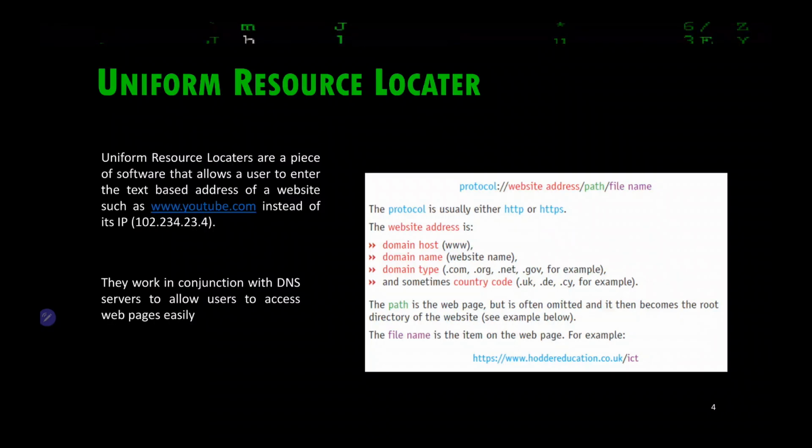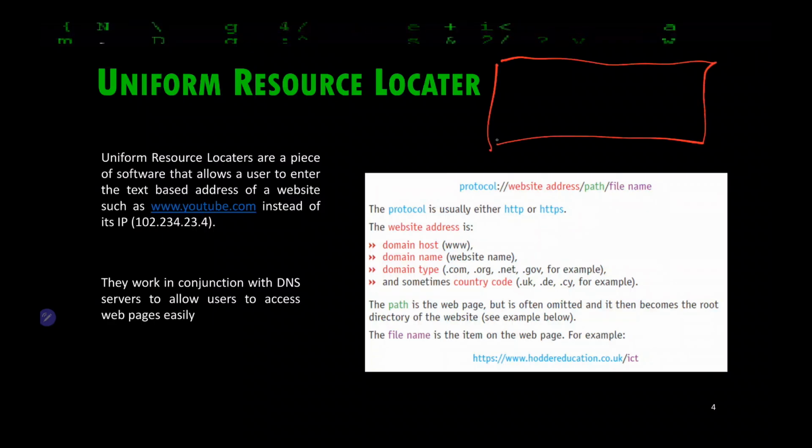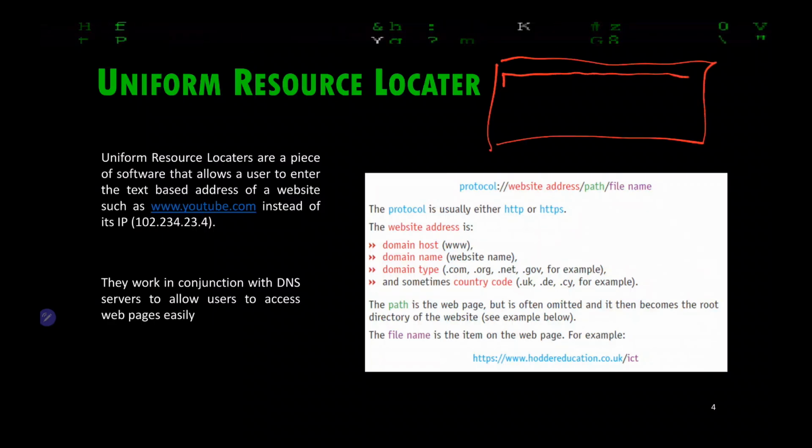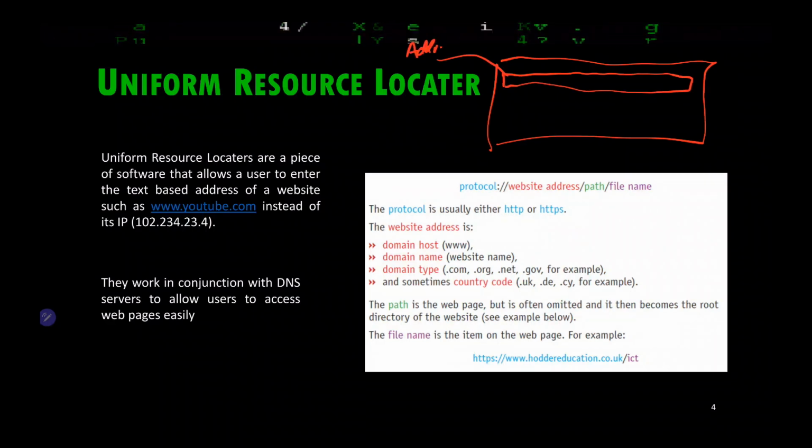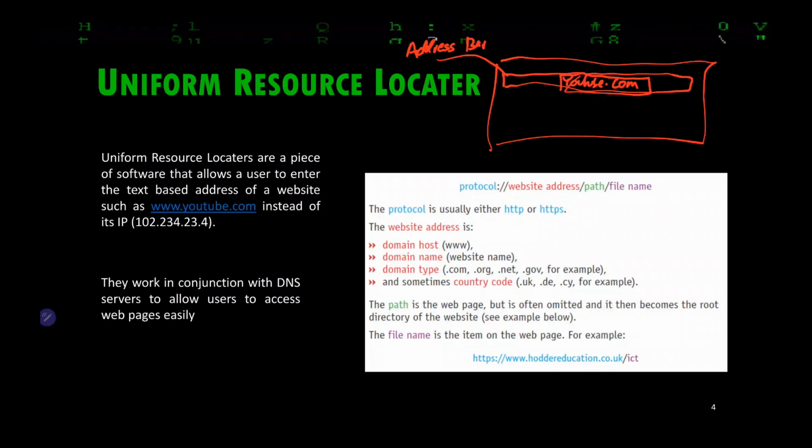Now, the Uniform Resource Locator is often confused with the address bar. Why is that, Bill? Because when you have a web browser, and this is your search box, the box itself is called the address bar. But once you type in a URL, for example, youtube.com, and you hit enter, the Uniform Resource Locator is actually a piece of software